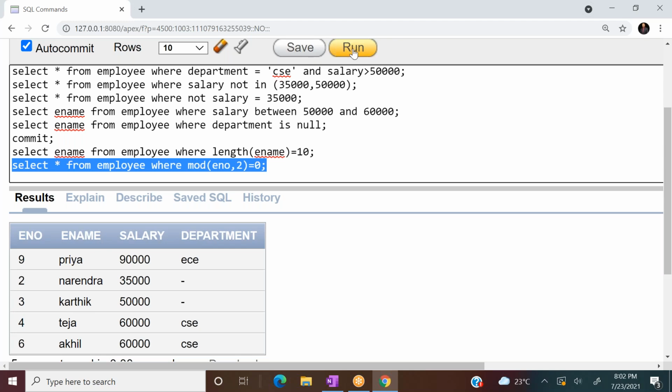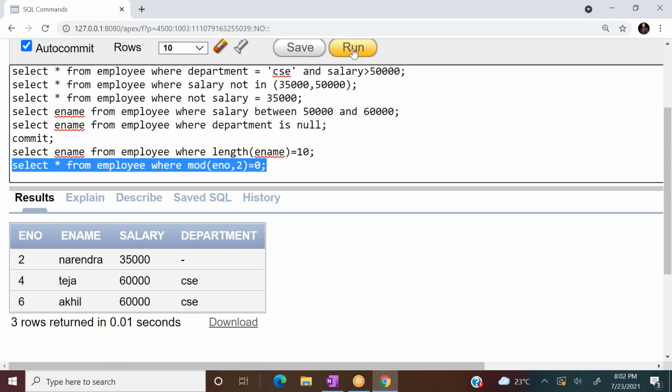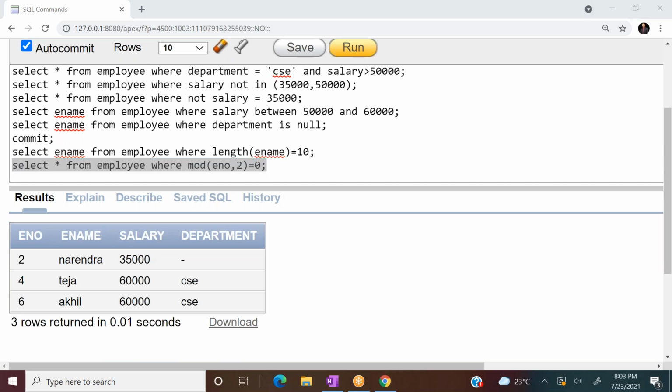Now click run. Now I'm getting 2, 4, 6. Narendra, Teja, Akhil, I'm getting them. Even when I was asking the same question to the CS students, when I was taking the same domain training classes for CS students, even they gave the same kind of answers. Not even one student gave mod of E number comma 2, because these are minute things students generally don't think about, but a student who knows even this minute thing is what is required by the interviewer. So the interviewer expects even this kind of minute thing a student should already know.